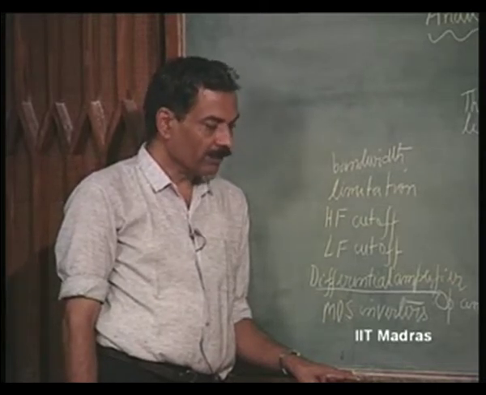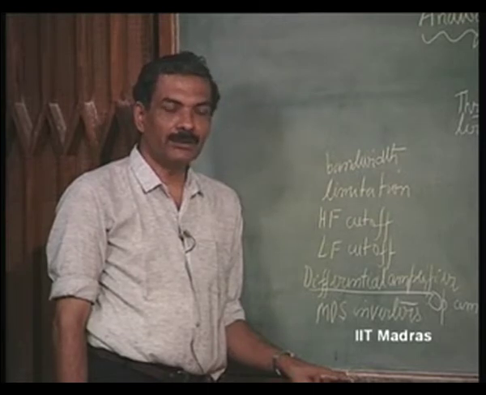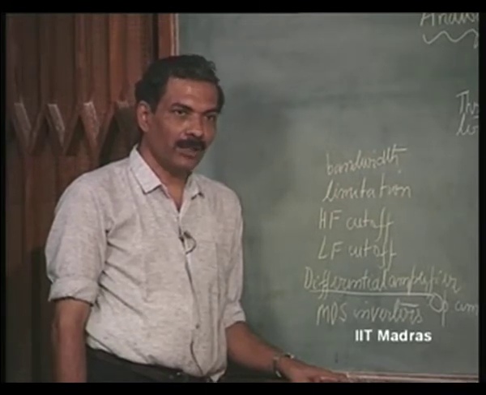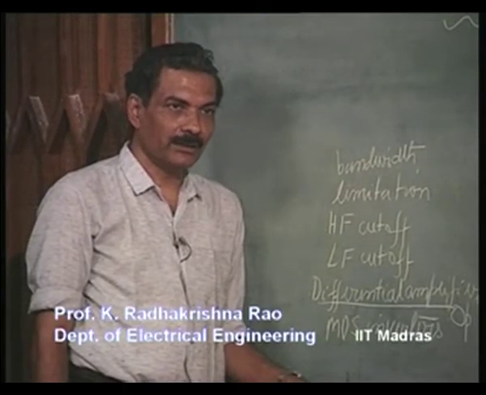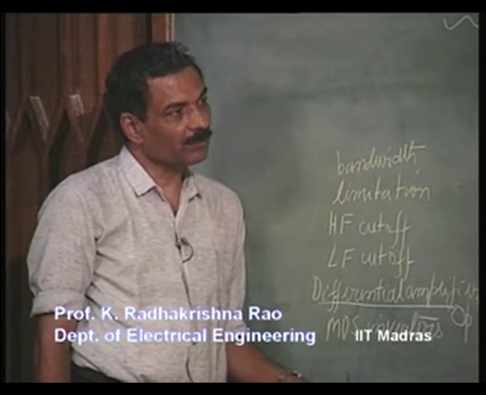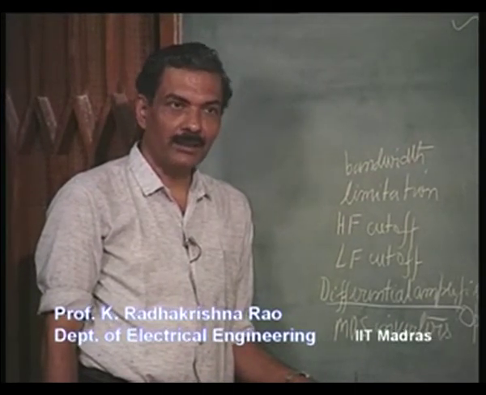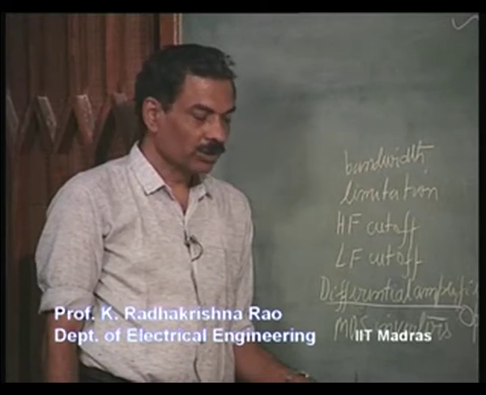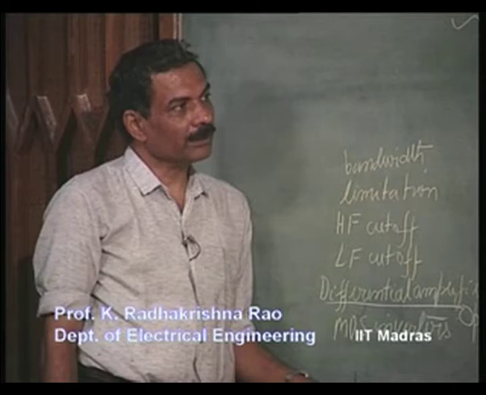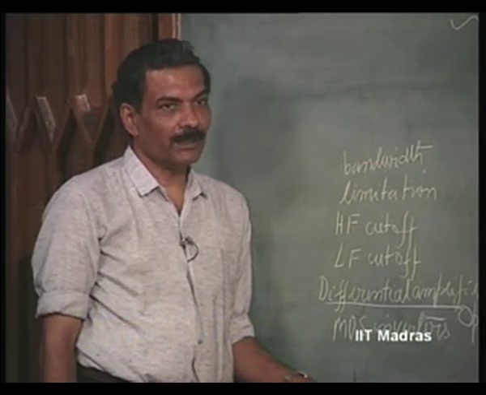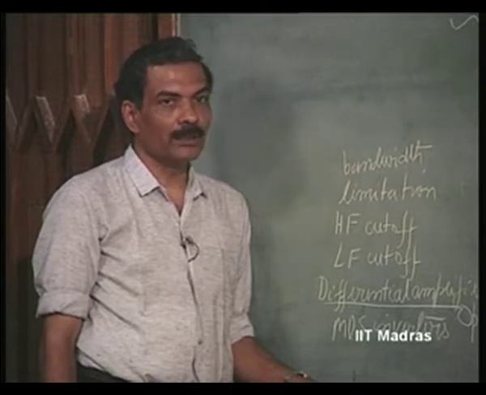Then we went over to MOS inverters, which do not have to necessarily use any resistor at all, and the MOSFETs themselves are being used as resistors. We had also seen when discussing FETs how a FET can be used in the triode region as a linear resistor. So this formed the complete discussion of amplifiers as well as diodes, part 1, and part 2